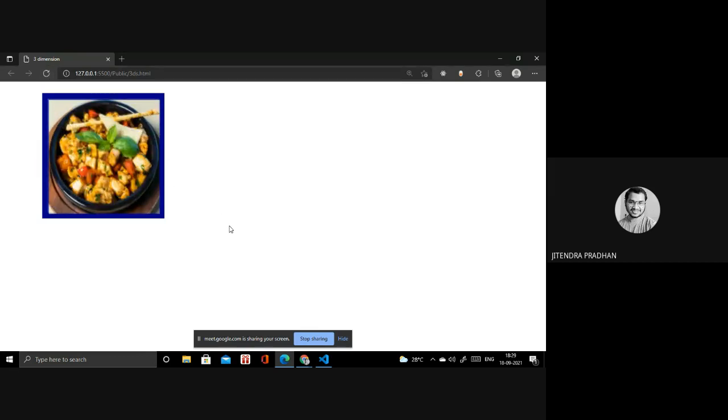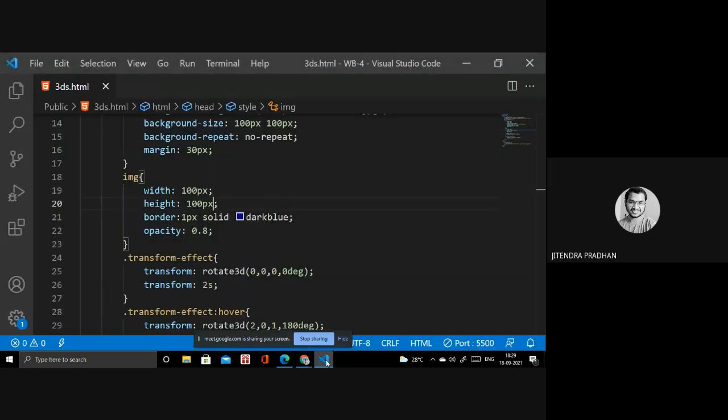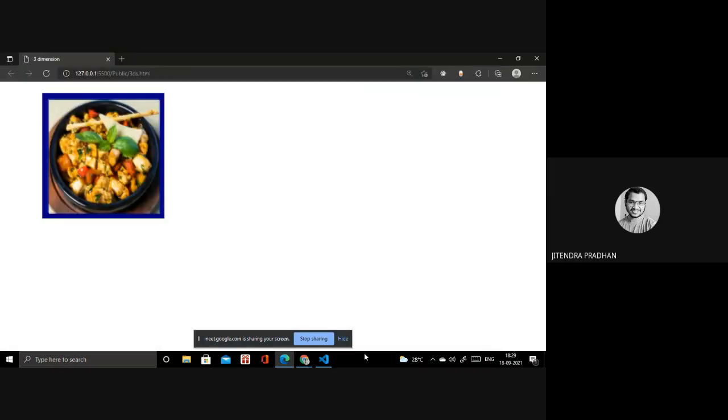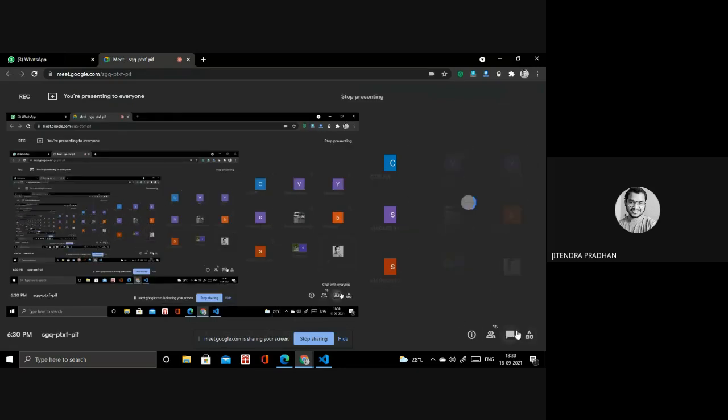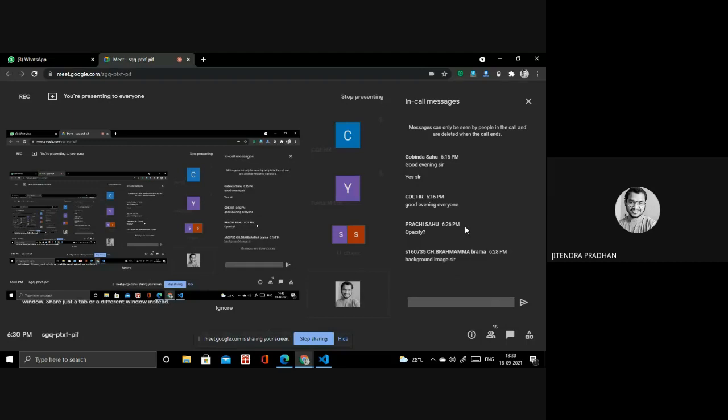So we have two pictures: one in the background, and in the front we have another picture, the same picture. If I want that picture to have a transition effect, something 3D along the x, y, and z axis, if you want to move it particularly. And the other option is that you stick it inside as a background. If you want to apply x-axis, y-axis, and z-axis movement, then you have to use translate 3D, and we also have skew inside that, skew 3D. I will show you the other properties as well. So you have to try yourself.